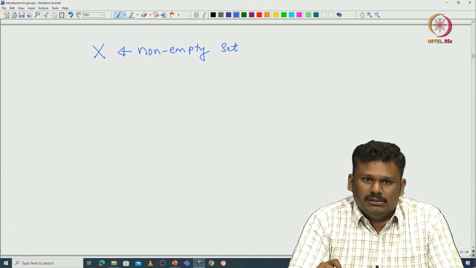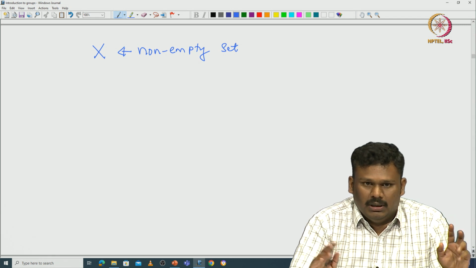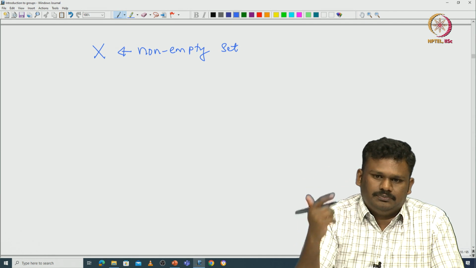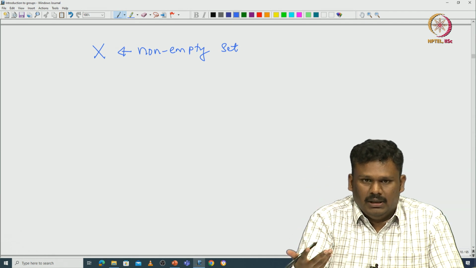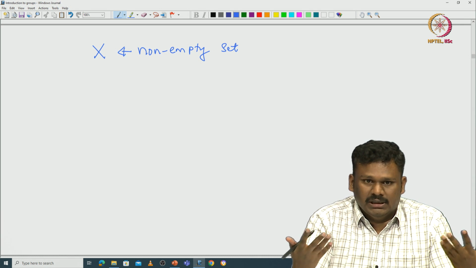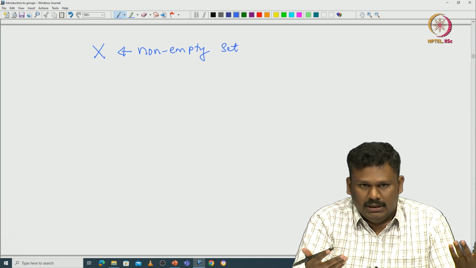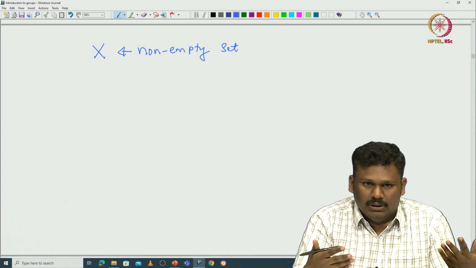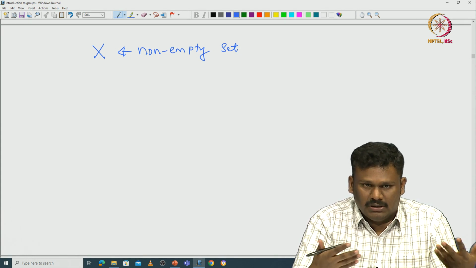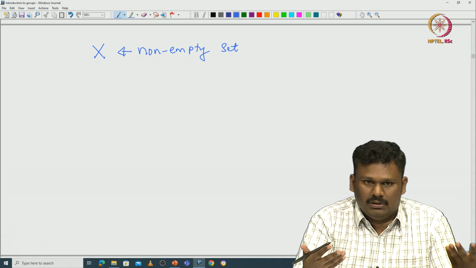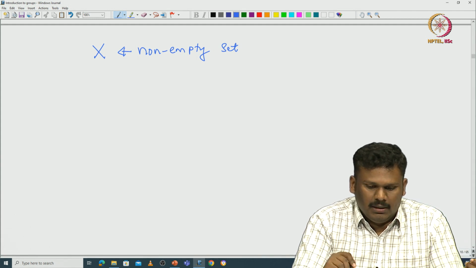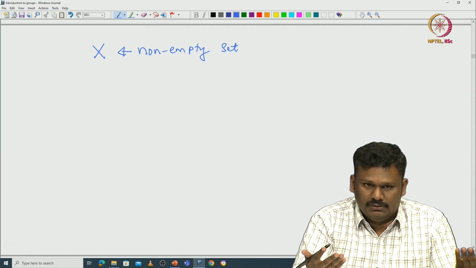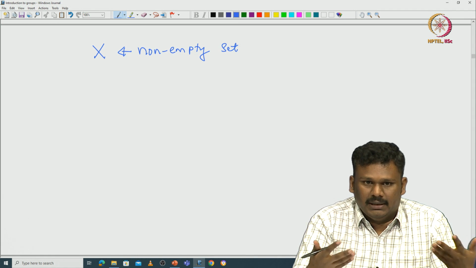I will make this action of the group very precise later, but you can just intuitively view what I mean by the action. Basically, it just somewhat permutes the elements of capital X. That is what we mean by action. Because we do not have any other structure, there is nothing to preserve. You just make it act.